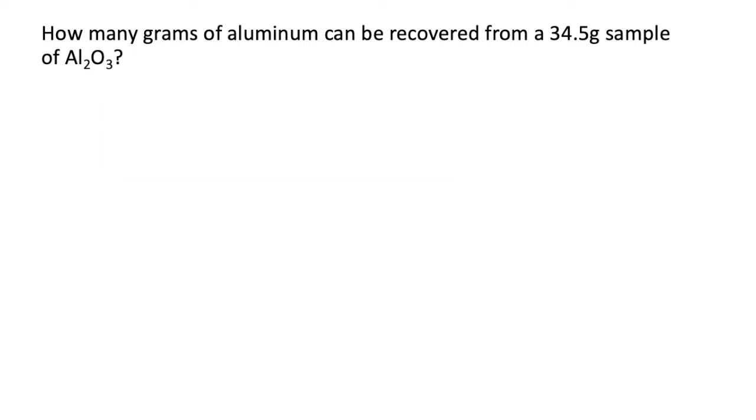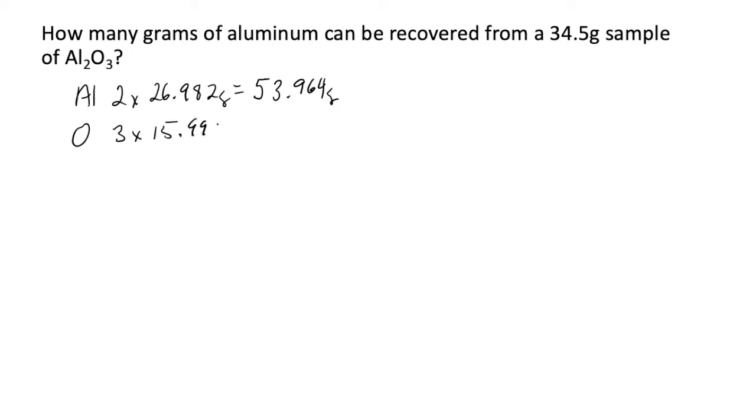oxide. So the first step in determining the percent of aluminum in aluminum oxide is to determine the total mass of the compound. Aluminum oxide has two atoms of aluminum, and based on the periodic table, each aluminum has a mass of 26.982 grams, for a total mass of aluminum in 1 mole of aluminum oxide of 53.964 grams. There are 3 atoms of oxygen in each aluminum oxide for a total mass